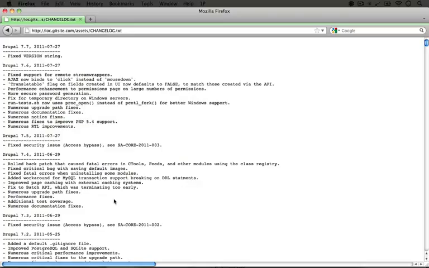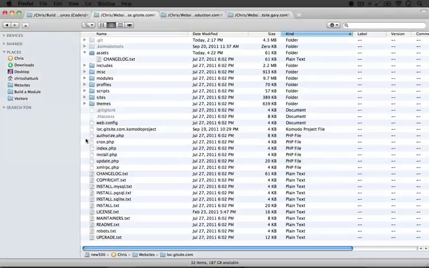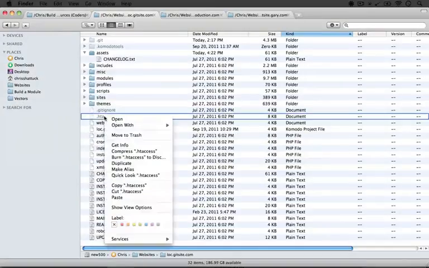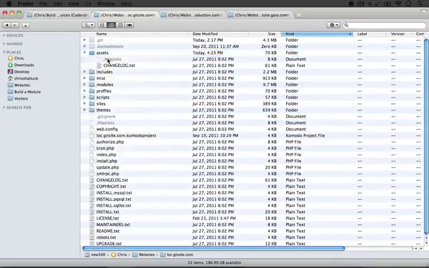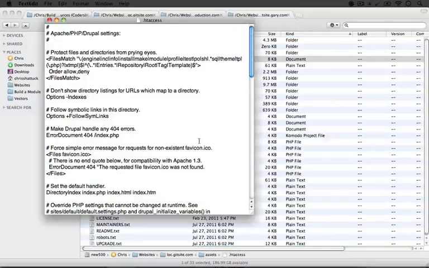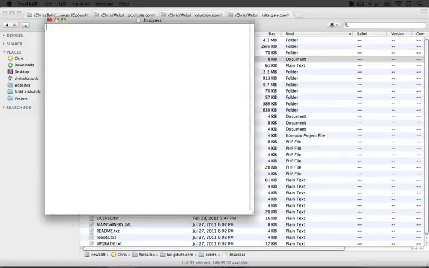Okay, so now this shouldn't be accessible. Let's go ahead and add our htaccess file. I'm going to jump back to the root folder of the Drupal site, and I'm going to copy over this htaccess file and paste it into the assets folder. Now I'm going to open up this file and delete everything that's in it. And all we need is one line here, which is deny from all.